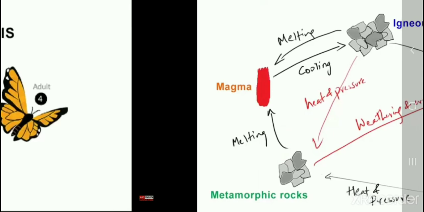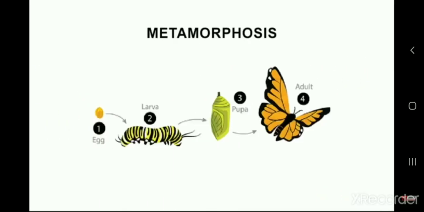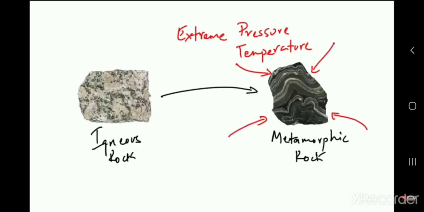As you all know, metamorphic means a change in the previous structure. Metamorphosis, you know that the caterpillar converts into a butterfly, right? So this process is what we call metamorphosis, a change in the process. So here, the igneous and sedimentary rock is converted into metamorphic. You can see this is the igneous rock and this is the metamorphic rock. See how much difference there is. A lot of pressure and temperature is created and then the metamorphic rock is formed.